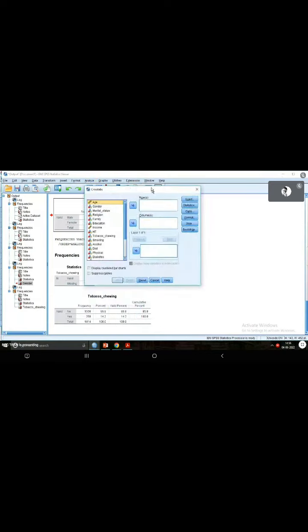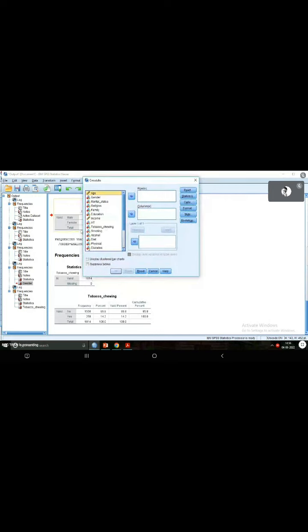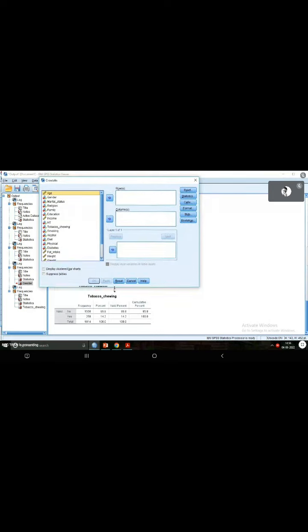I'll explain to you how to get that. To do a cross tab, you have to go to the option analyze, descriptive statistics. Now this time you have to select the option cross tabs, or cross tabulation, and here you have to select one variable in the column and one variable in the row.